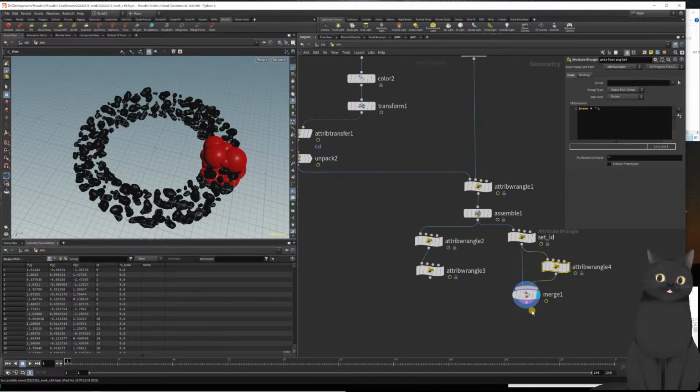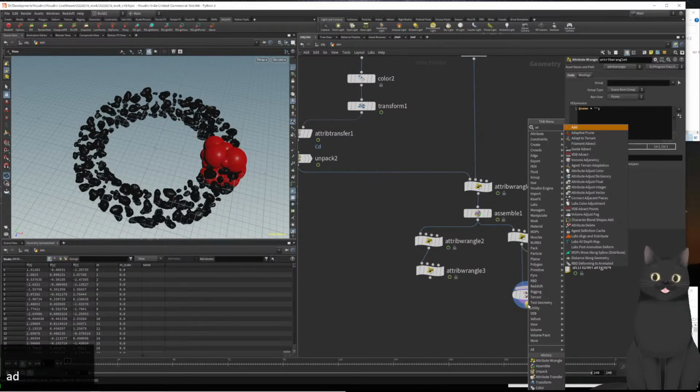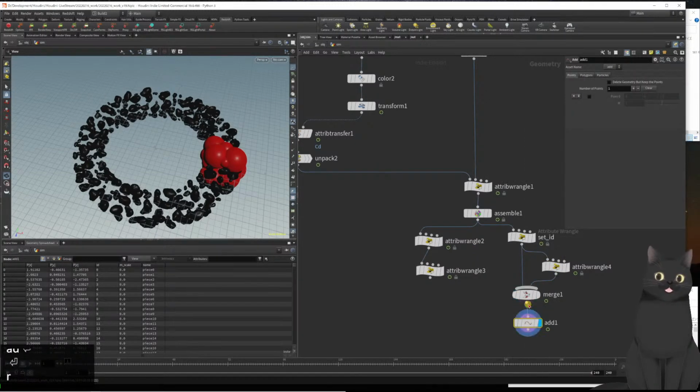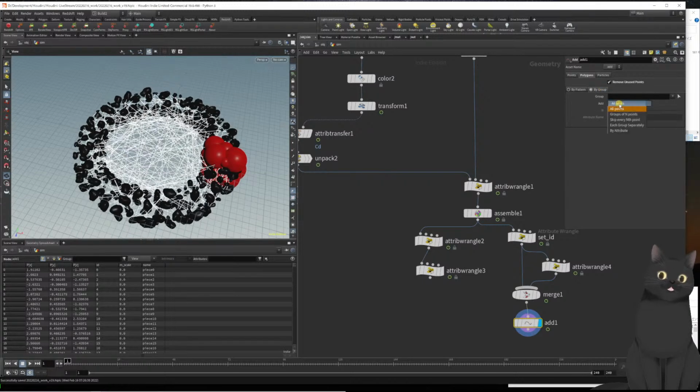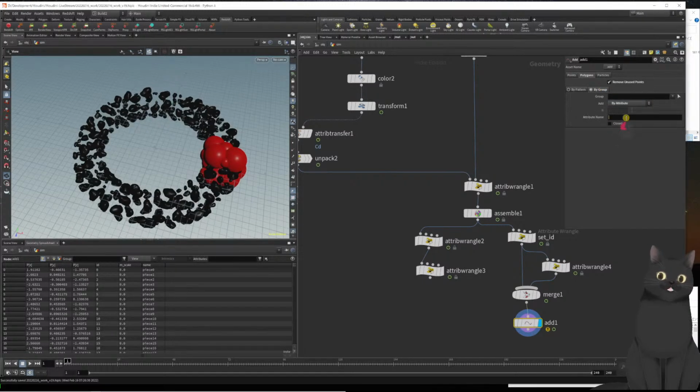Into the merge node, and then we drop an add. We add a points, and here you should select polygons. Actually, we're adding polygons. You can check remove unused points, select by group, and add by attribute. Attribute name should be ID. And now we have everything to create constraints. So string